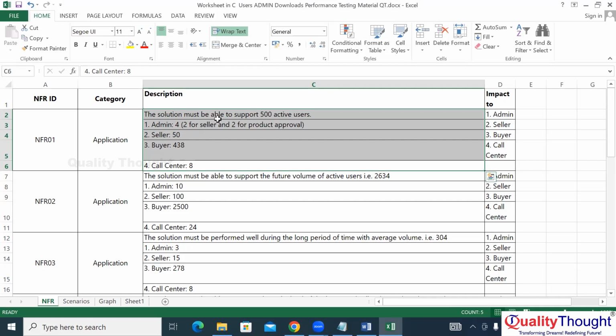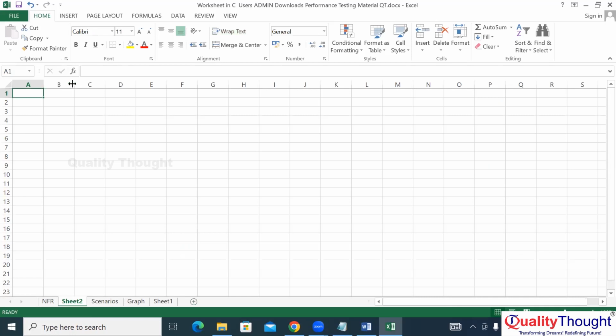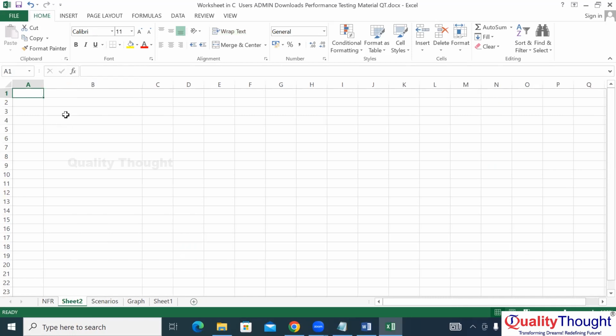You have to ask them how many fund transfers happened in March first week, how many bill payments happened, and how many account creations or account openings happened in March first week. Like these details you need to get. For example, they tell you details like this: 5,000 fund transfers happened,